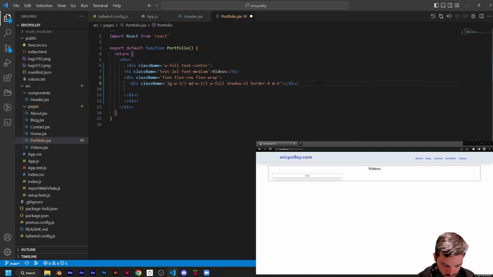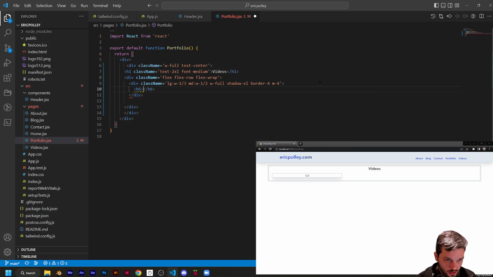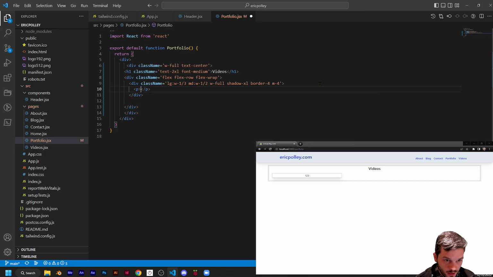Currently they have no information, so we would need some information inside here. What do we know that we want to do in order to make the card? First off, we're going to have a title. So let's see if the heading is, see, now the heading doesn't like being in a section that's not for heading. So we're going to create a paragraph instead, because we can add all the properties to make it the text size that we would like anyways. And this is going to be the title